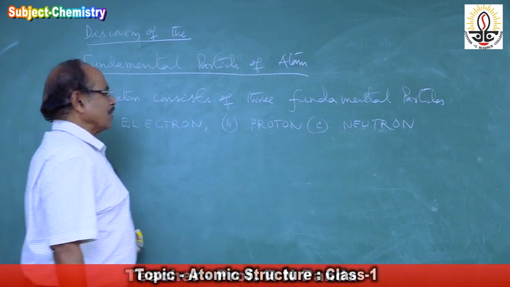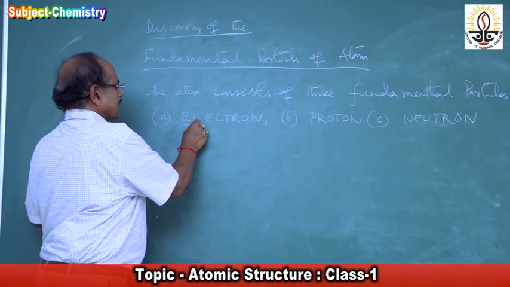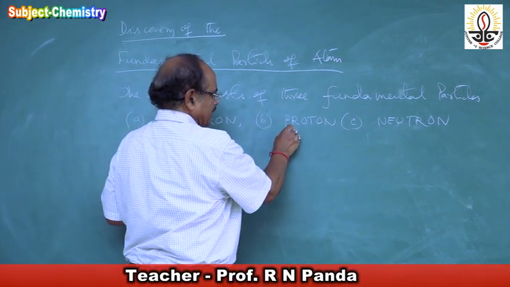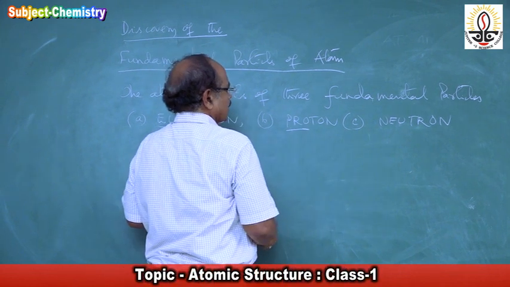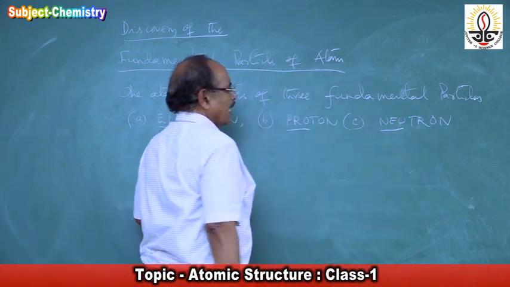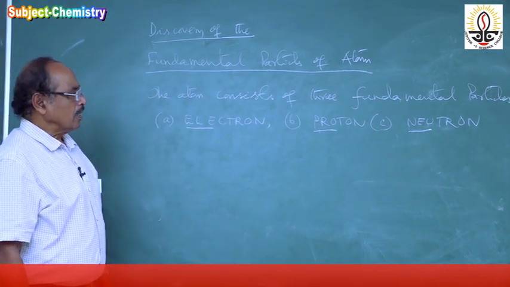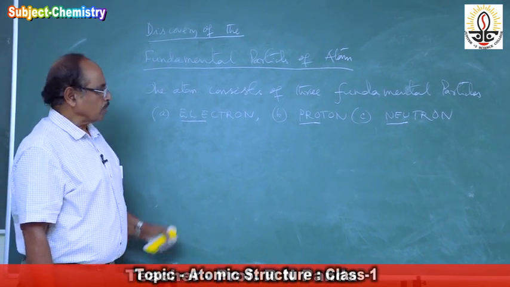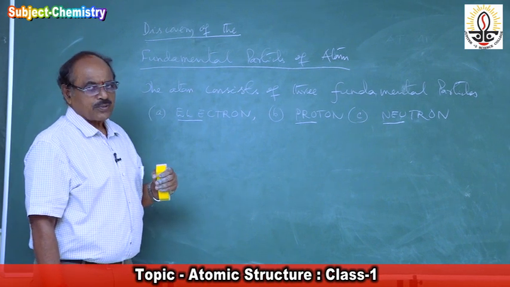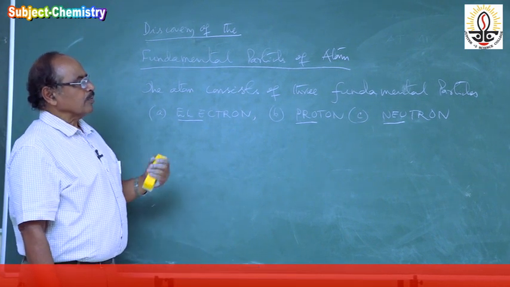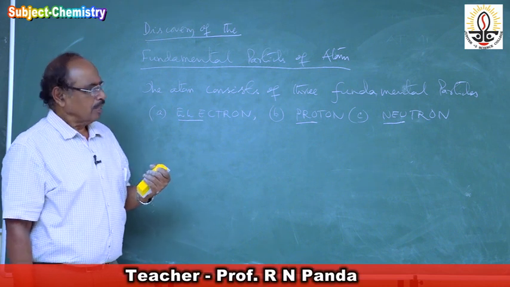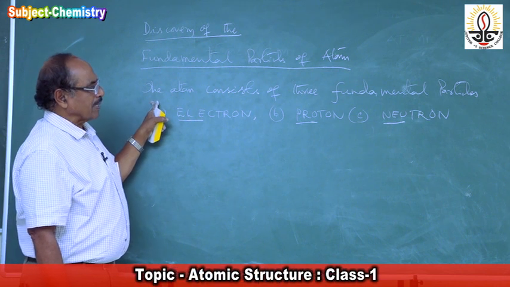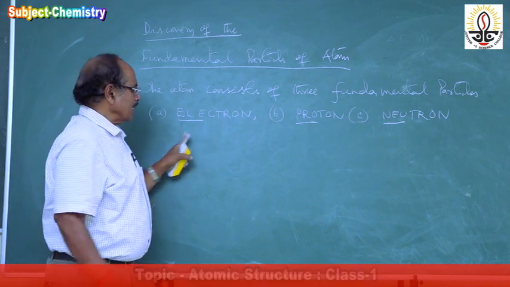So here the concept of symbol is used: electron, because it comes to electric current. Then proton, it has some positive charge effect. Neutron has no charge, so it is called neutron. I will also explain how the names came, why the name proton was given, why neutron was called neutron. We will be discussing that. So the atom consists of three fundamental particles, the electron and proton,